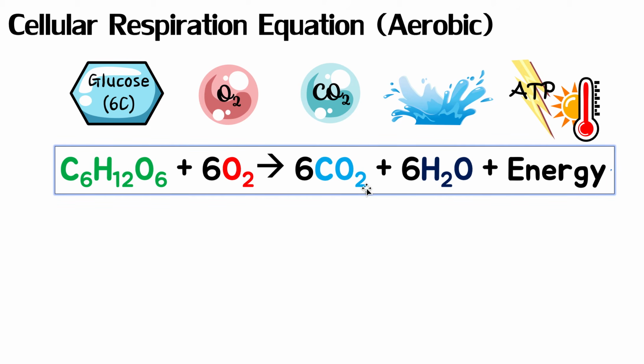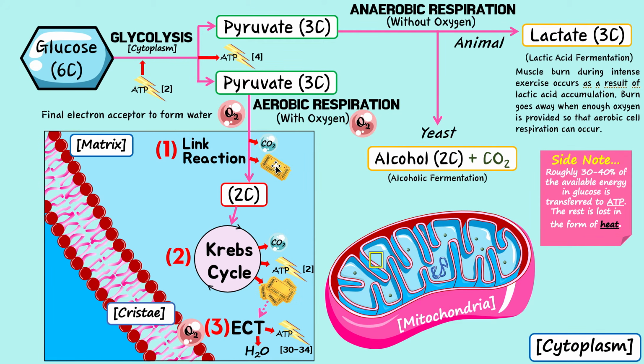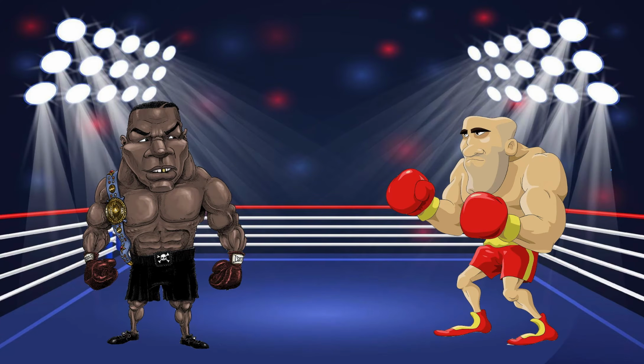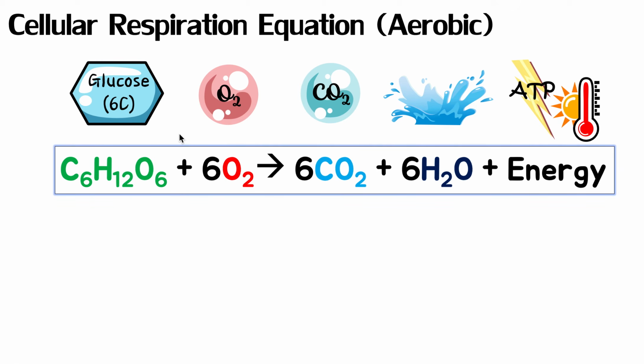Now, you might be like, okay, what about these little tickets? What about them? Technically, they are not a product because they're made here, but then immediately used there. So they don't build up. They're like an intermediate product. Carbon dioxide is made and nothing happens with it, so it's a product. ATP is made, nothing happens with it. It's a product. Same with water. But this one, it's made, but then immediately used in the next step. So therefore, we don't consider it a final product. Okay? So you can see from this equation, that's why it makes sense.